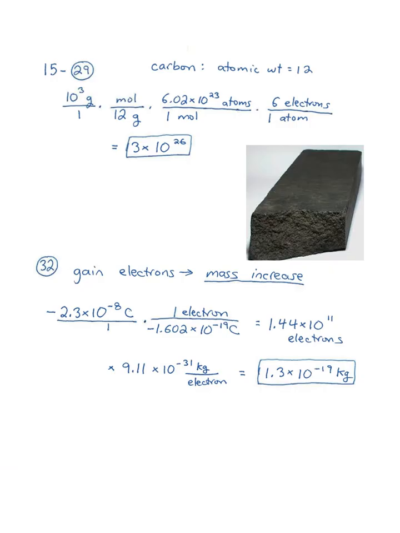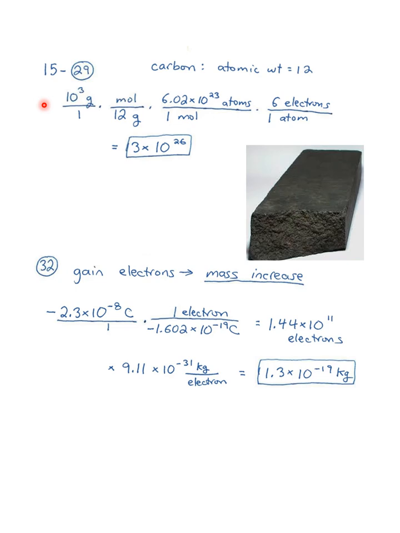Number 29 says, estimate the number of electrons present in a neutral 1 kilogram block of carbon. Before we get to the number of electrons, let's first think how many atoms there are in 1 kilogram. Carbon has an atomic weight of 12, and that means it is 12 grams per mole. So let's start with our given information that it's 1 kilogram, which is 1,000 grams, and let's figure out how